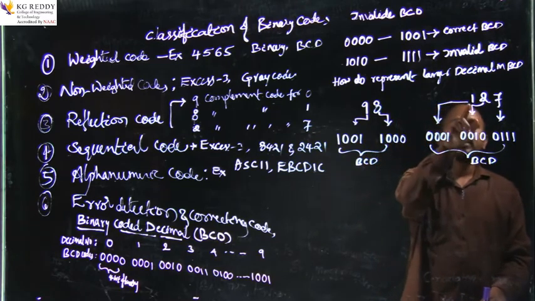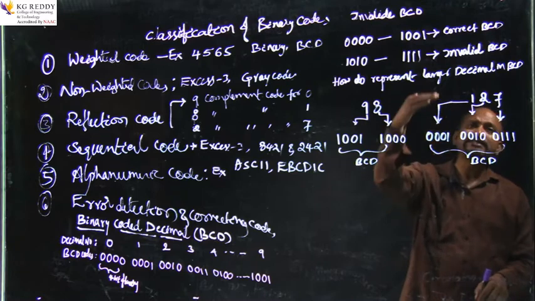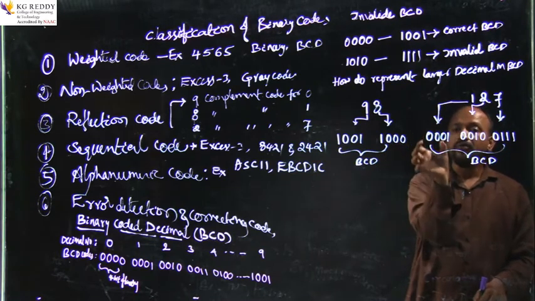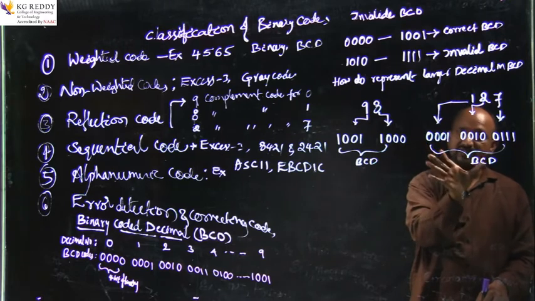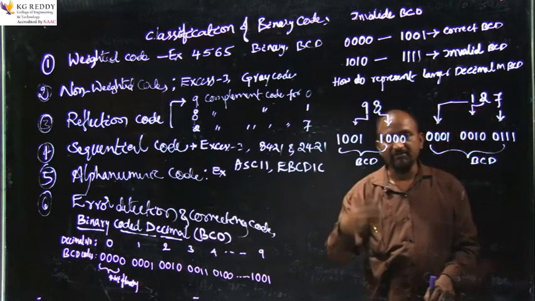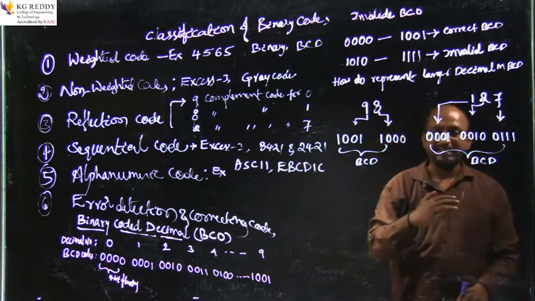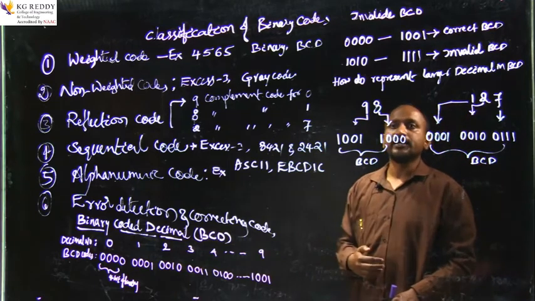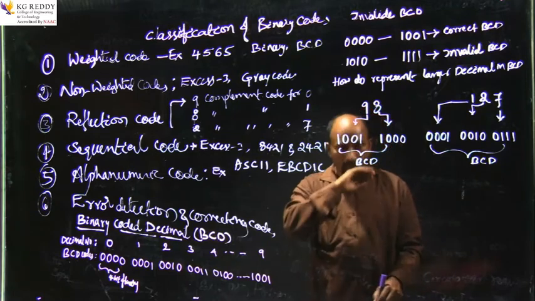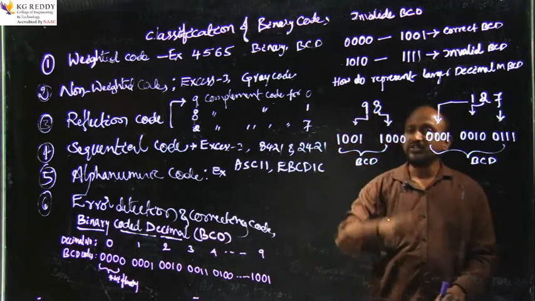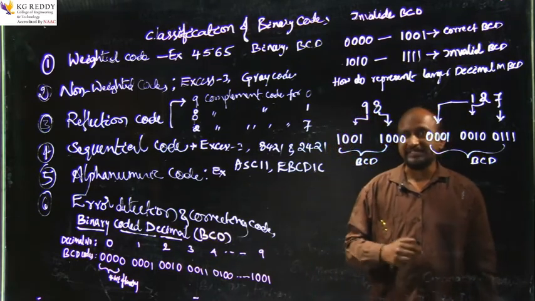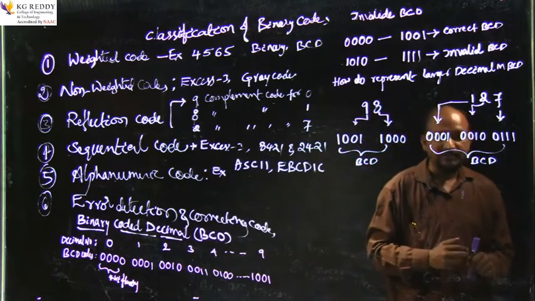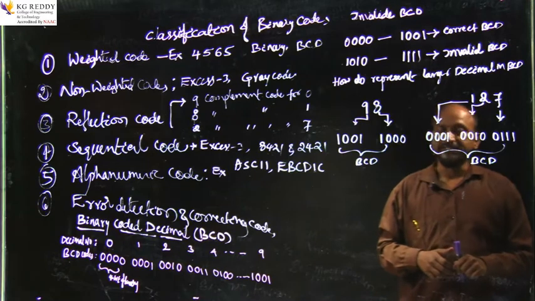Similarly, however many digits the decimal number has, each digit has its 4 bits of binary. That is the answer of the BCD. This is the way of converting decimal to BCD. Okay, so that is one point, and the next thing is the addition of BCD. Here, addition of BCD has different rules than binary additions and subtractions.